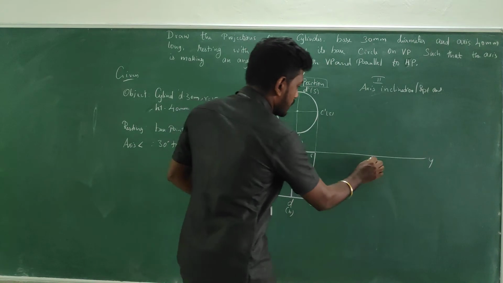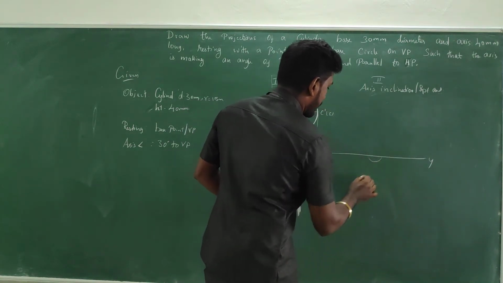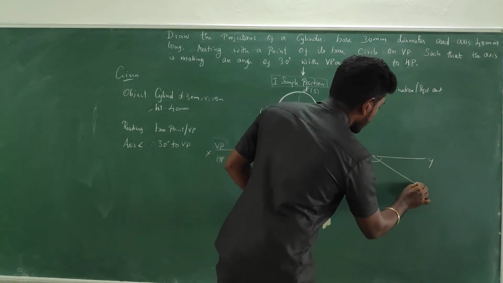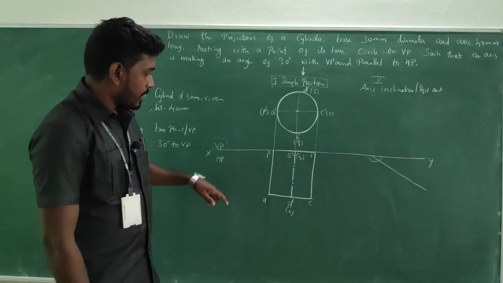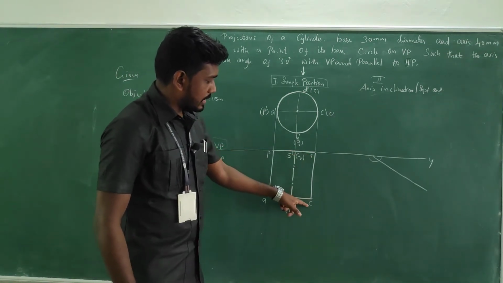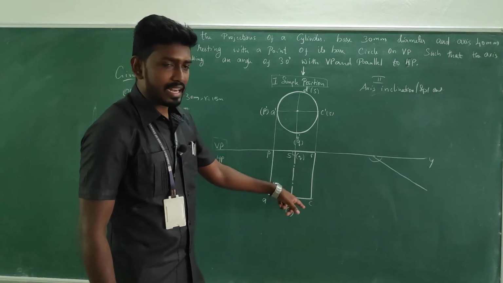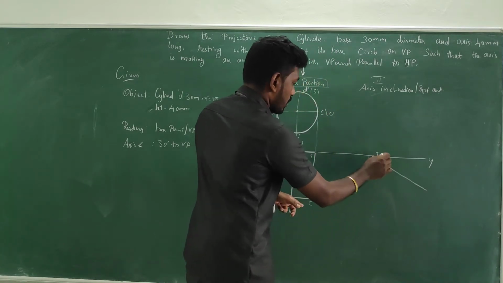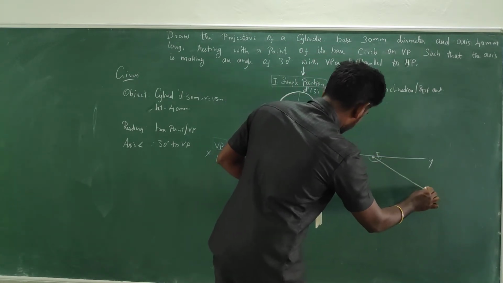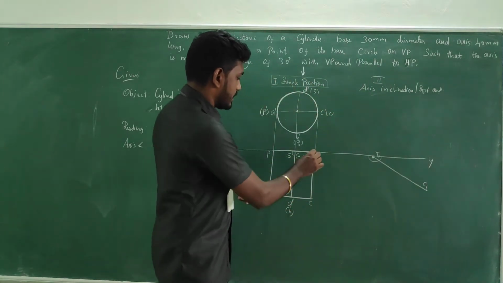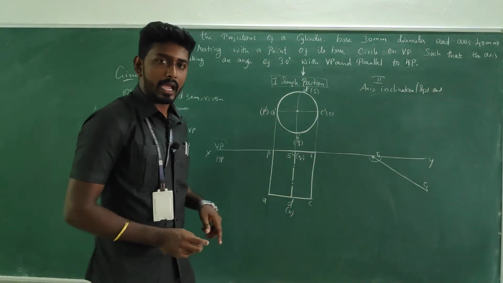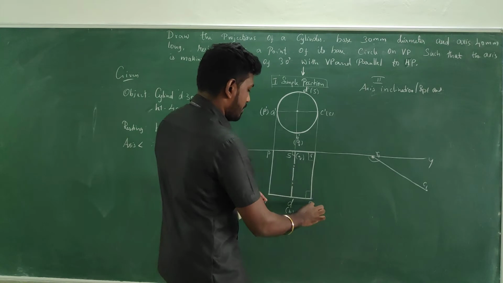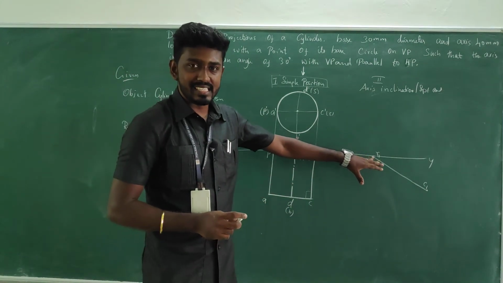So for that, anywhere on the XY line, by keeping your protractor, measure 30 degree, something like this, you will get the things. And so this generator line R and S, C, we have transferred it. So this is the point R. Since one of the points on the circumference is resting, I am going to take this R on the XY line. And then we are going to form the same shape in the tilted manner.